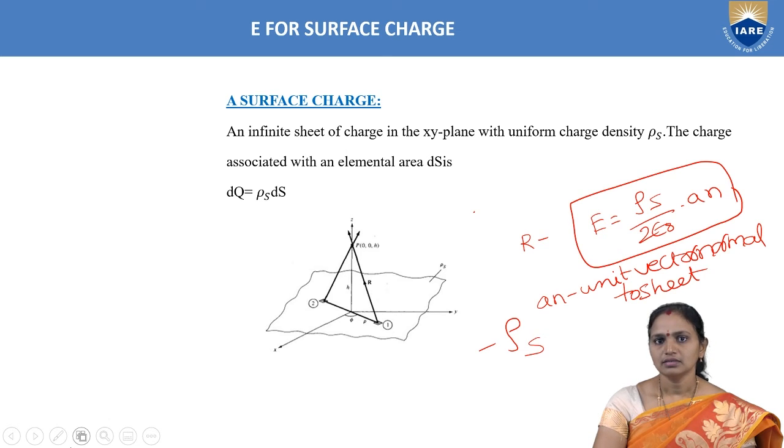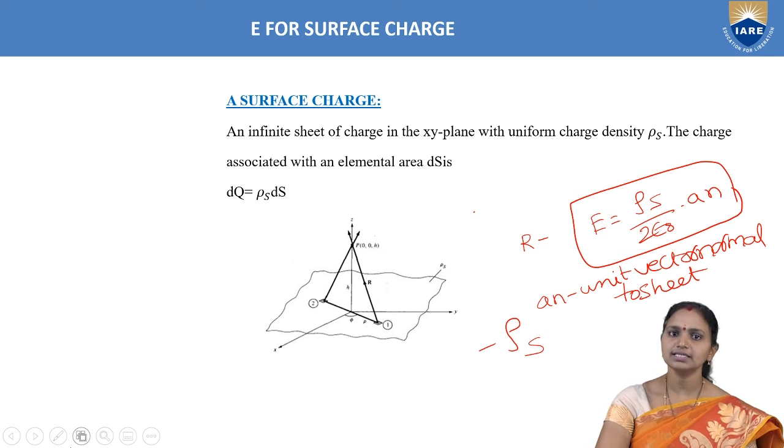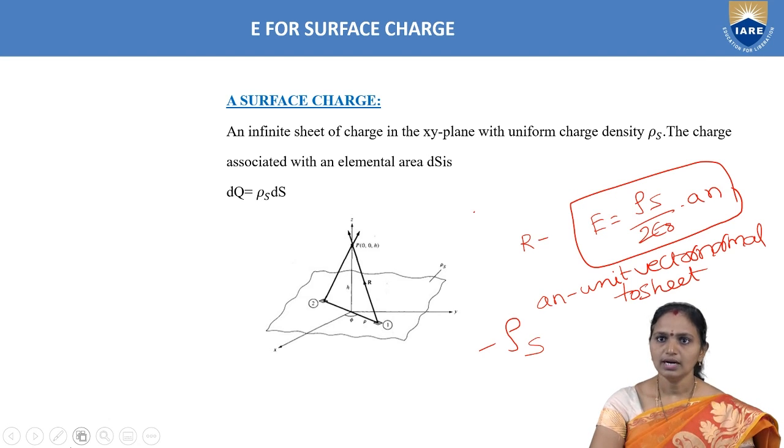And next, which coordinate system here we are using to simplify for E. So here we are using spherical coordinate variables to simplify for the final result E. And here the surface charge is located in xy plane and the field point is along z axis. Now here, as the field point is along z axis, we are taking it as 0, 0, some coordinate variable. And the coordinate variable is that the field point is at a distance of h units from the origin. So that's why we are taking this one as 0, 0, h.